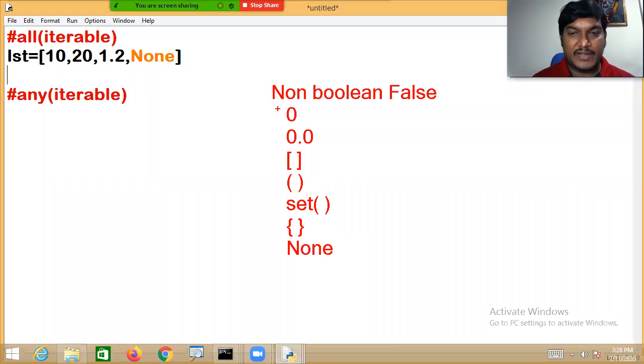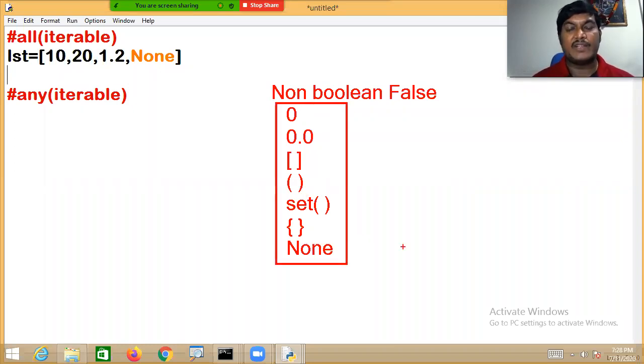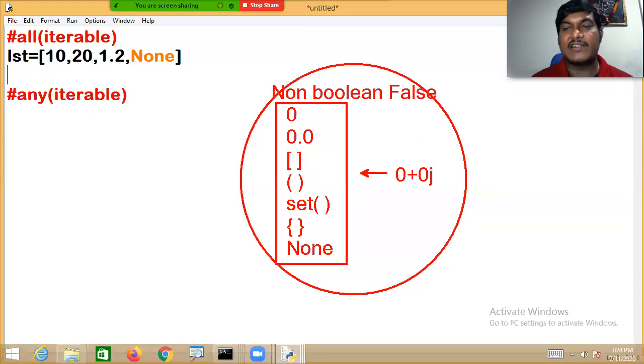These all are non-Boolean false. So 0 is considered false, 0.0 is false, empty list false, empty tuple false, empty set false, empty dictionary false, None false. Not only that, complex 0 plus 0j is also false. Apart from this, anything else you give is considered true.